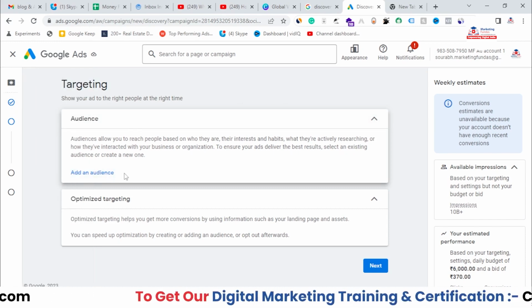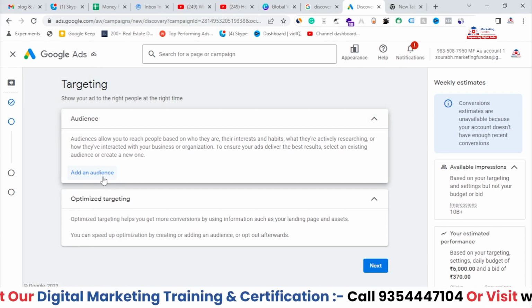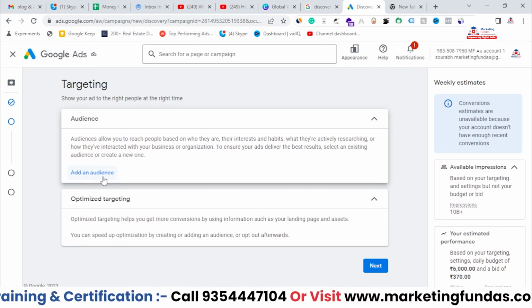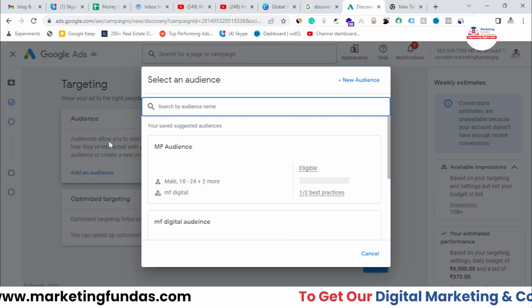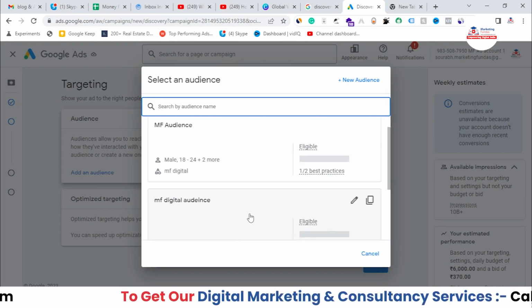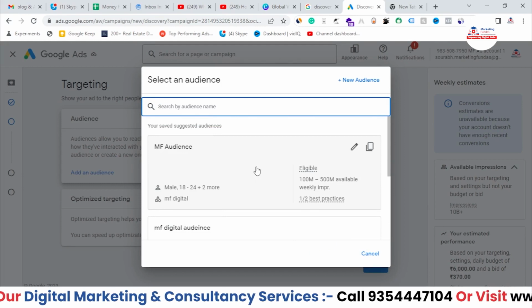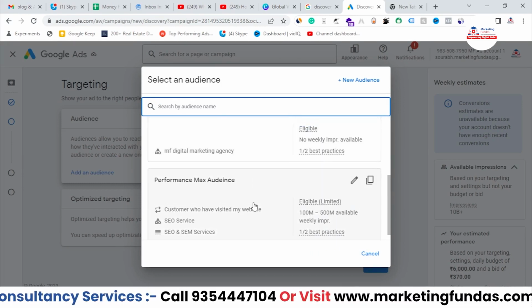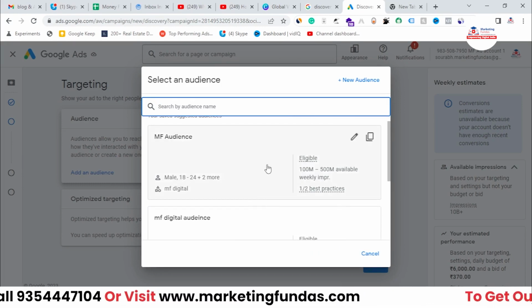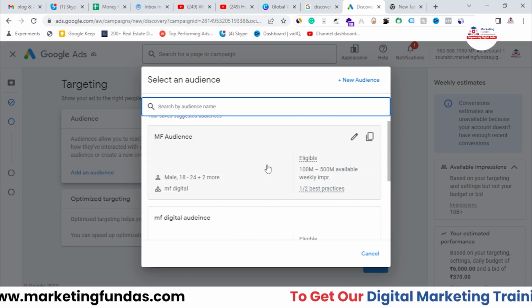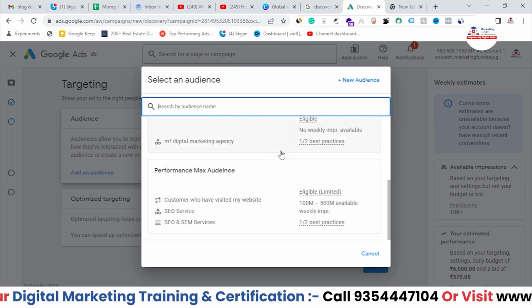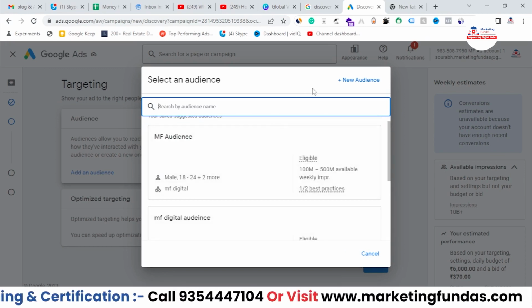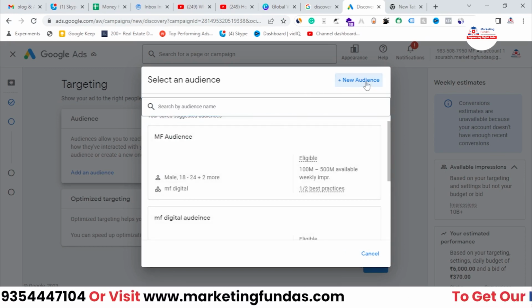Now here we have to add an audience whom we want to show our ads, right? So click on add an audience, and here I do have three audience types. As you can see here, these are the three audience types which I have previously created in my previous campaigns. So if you want, you can select any one of these if you have created. But if you don't have any audience, you have to click on this new audience button,